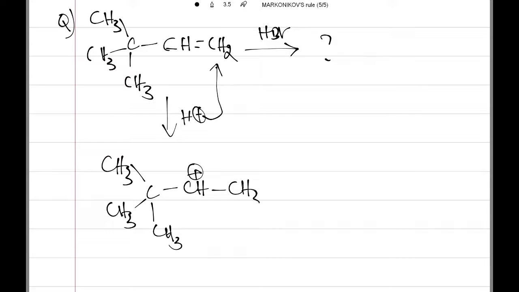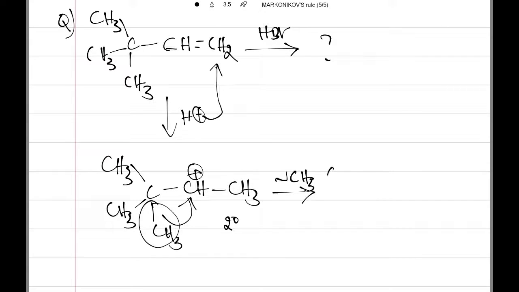Now I can get the CH3 here. After this, a secondary carbocation forms. Please check whether a rearrangement takes place, and we will check the stability of the carbocation. Here the methyl group is shifted from here to here. If the shifting of the methyl group takes place, what can we get?